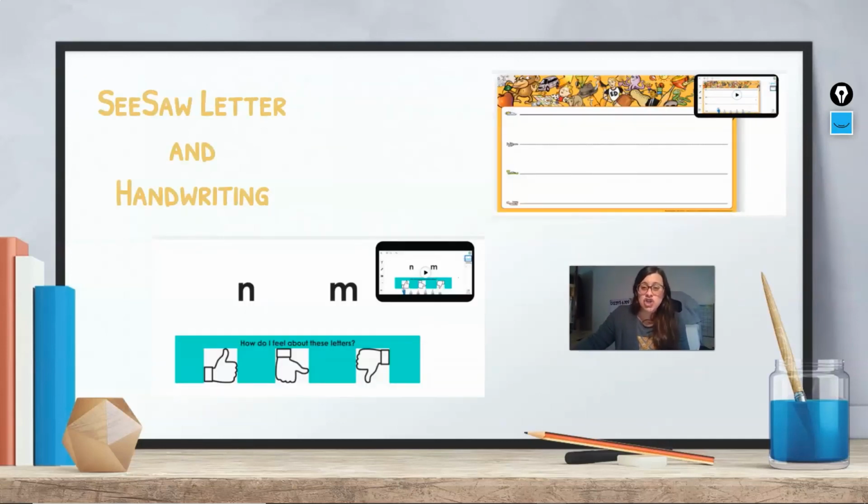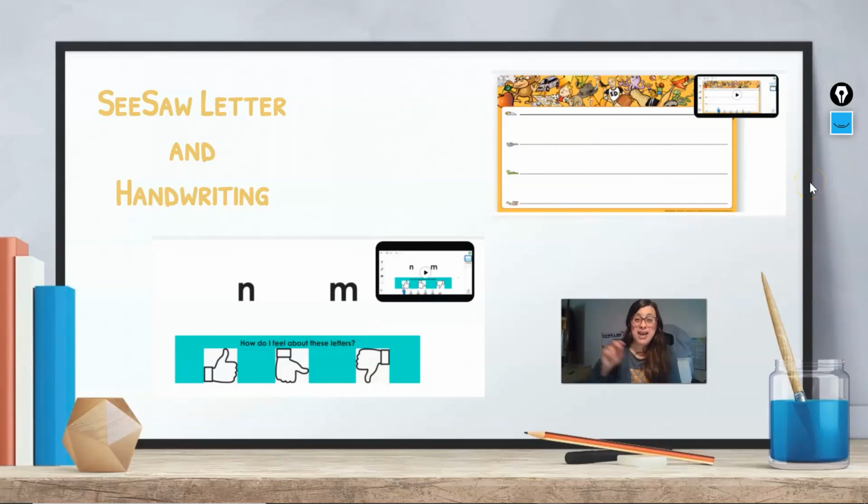On CTAW today, you will be doing an activity that has 2 pages. Remember, you can access the pages on the right-hand side of the screen. This activity actually has a video instruction you can watch to walk you through what you should be doing. But let me tell you a little bit about what you're going to be doing. You will be describing how you feel about the letter N and letter M. And when I say how you feel, do you feel that you know the letter name and the sound, you're not sure how you feel, or you know it 100%? Then on the second page, you will be writing the letter M and the